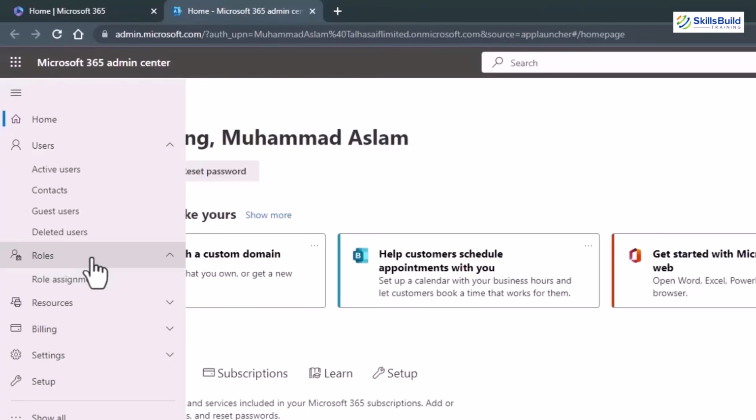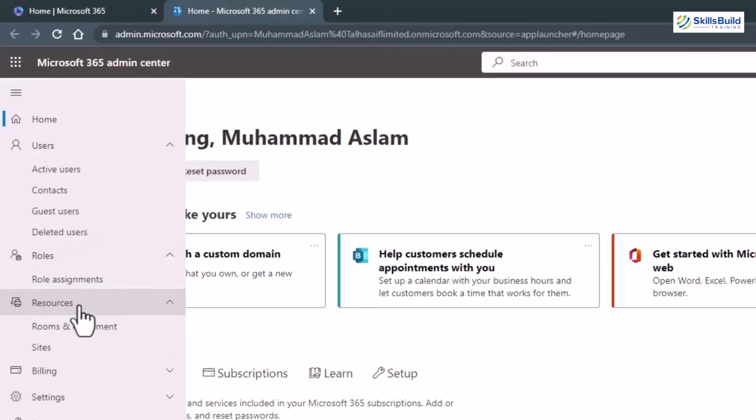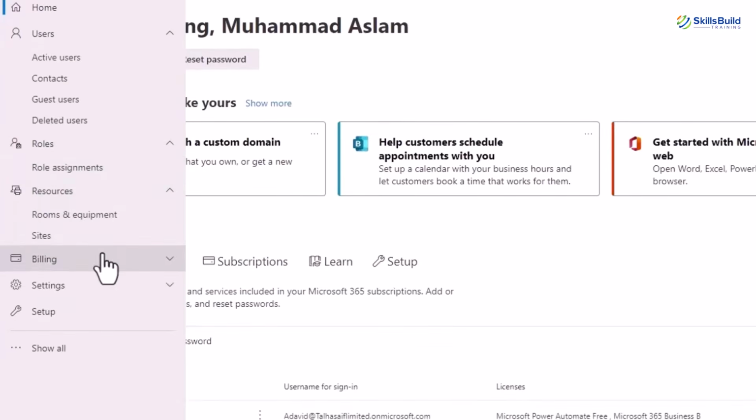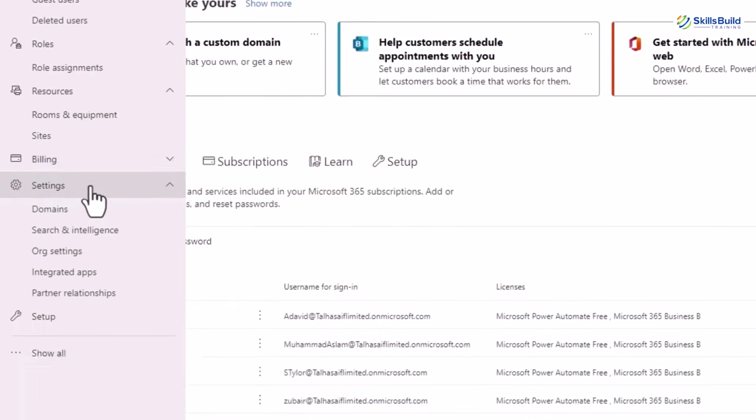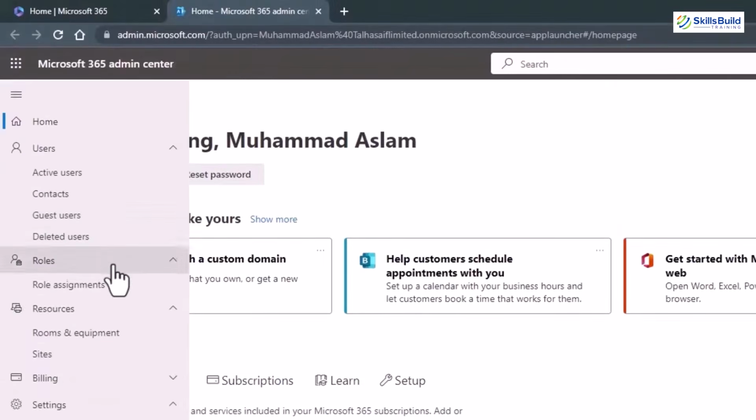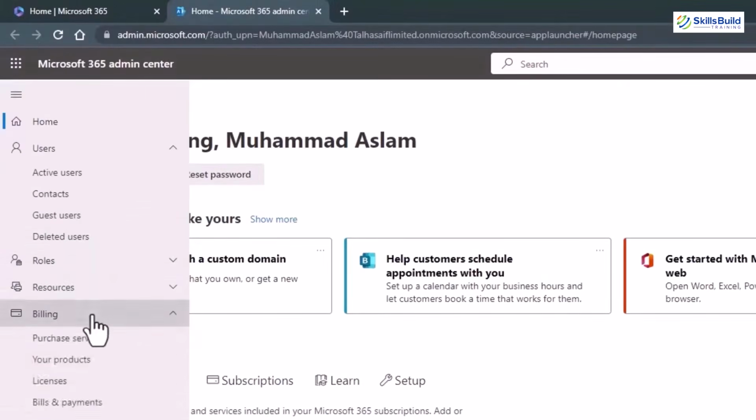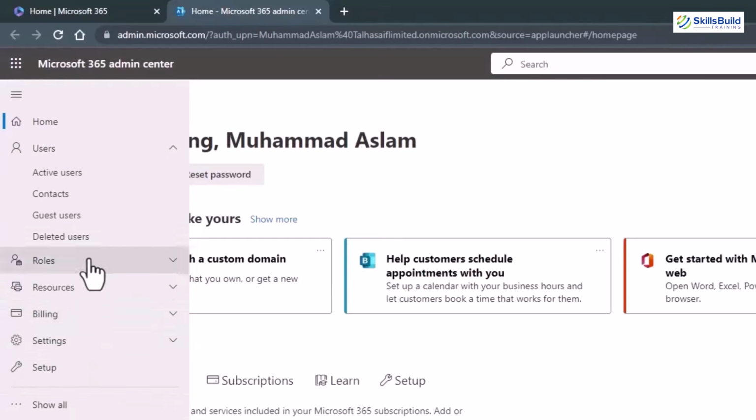Other than that, we can also assign different privileges to different users, or we can remove different privileges from different users. Then we have different resources. Other than that, down here we have billing information, we have some settings of our administration account and things like that. As we have users at the top, we'll start with the users and then we'll talk about everything else in detail. So first of all, let's click on active users and it will open a new page for you